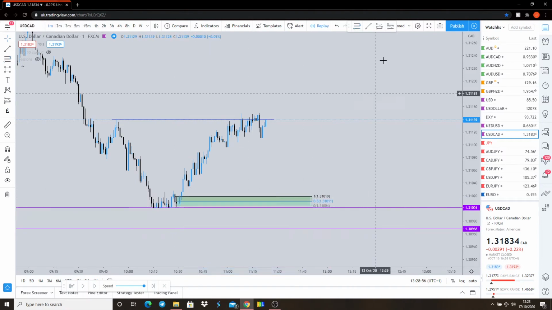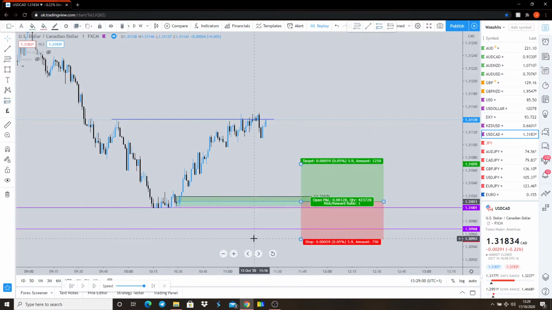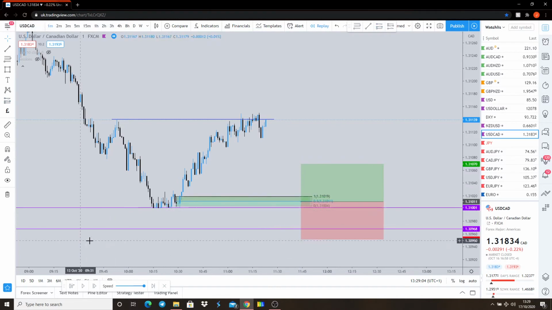So let's mark out that. Let's go for our buy limit there. In terms of stops, these purple lines are a 5 minute order block from the left. What do we need to remember about order blocks? It can come to the 50%. It's not always going to come to the open, it's not always going to come to 50%.